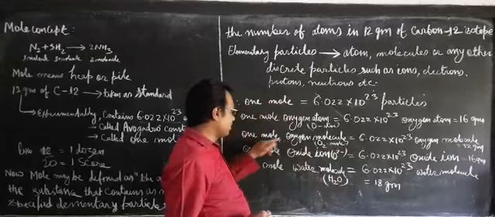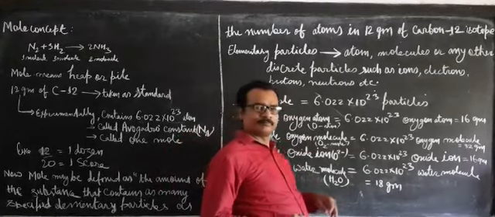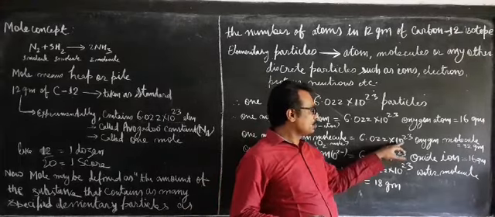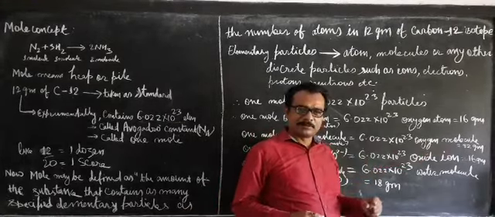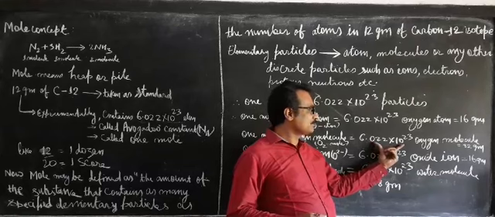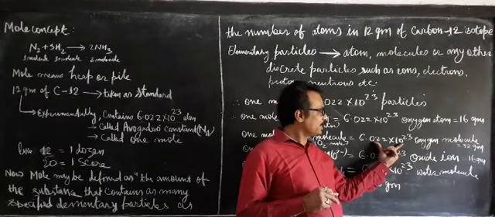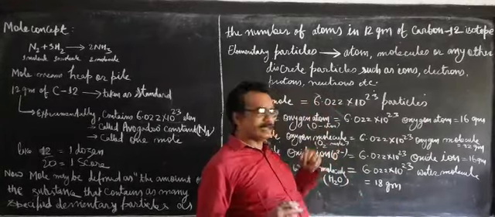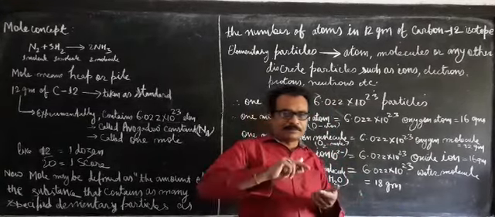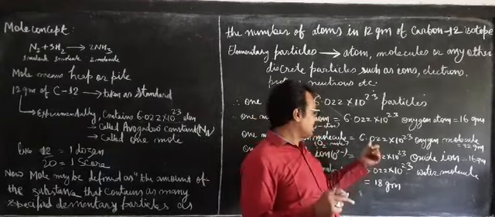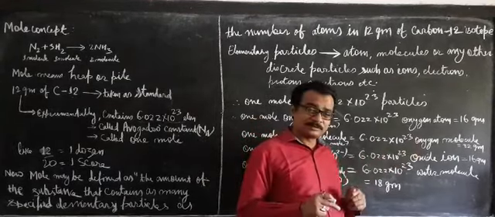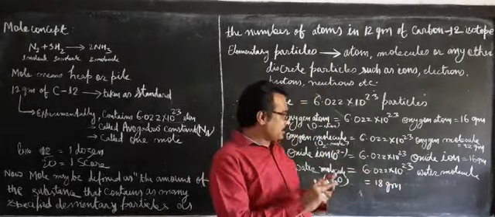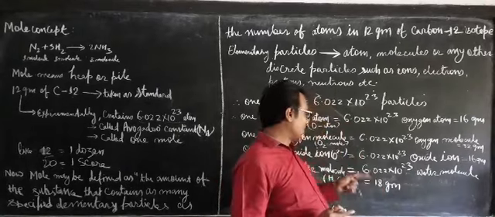In the same way, now take 1 mole of oxygen molecule, means 6.022 into 10 to the power 23 oxygen molecules. Now take the mass of this many oxygen molecules. How much would the mass be? 32 gram. And the other way, take 32 gram of oxygen molecule and count the number of molecules in it, you will find 6.022 into 10 to the power 23 oxygen molecules. Everywhere that mass is fixed, so that is why it is called 1 mole.